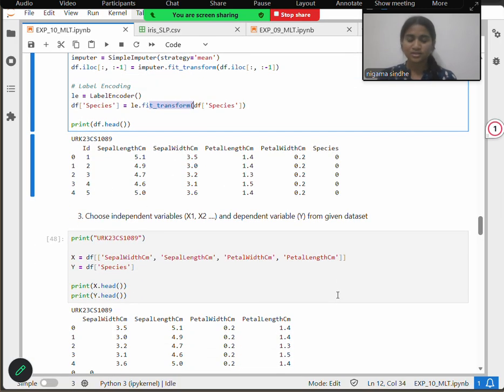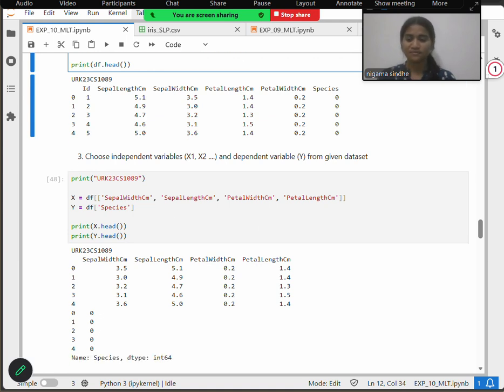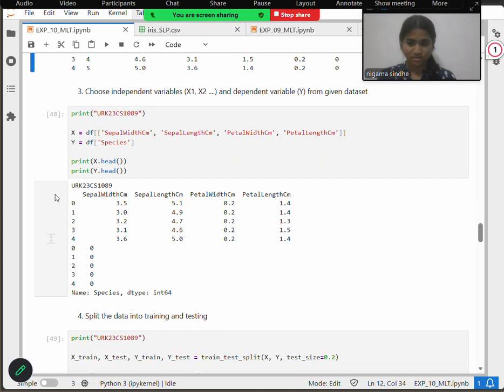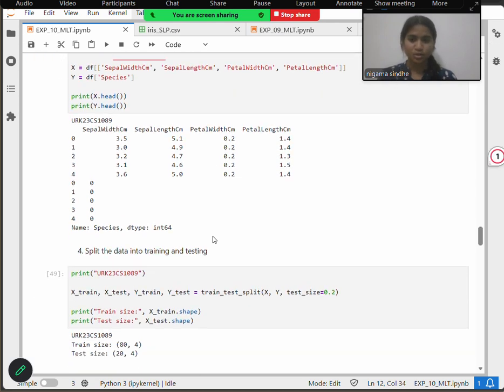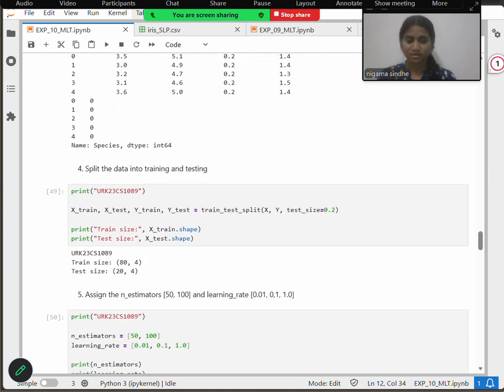Next, we are going to derive the independent and dependent variables. Independent variables would be x and dependent variables would be y, and we are going to print them to know what exactly is derived as the independent and dependent variables.